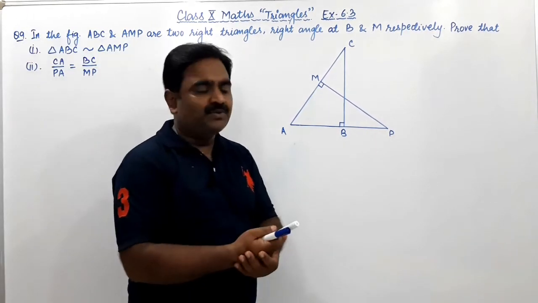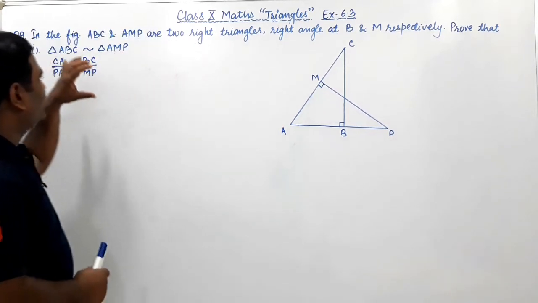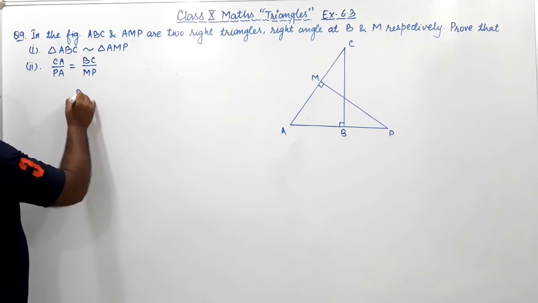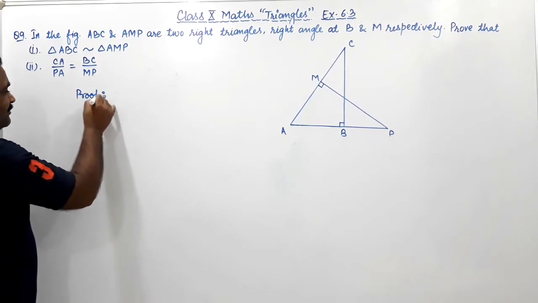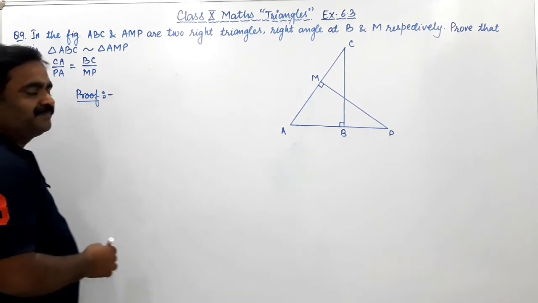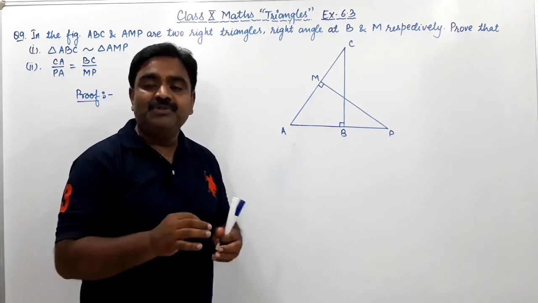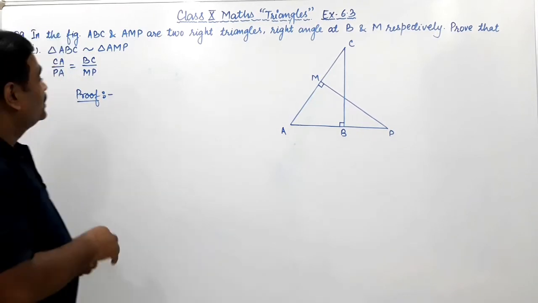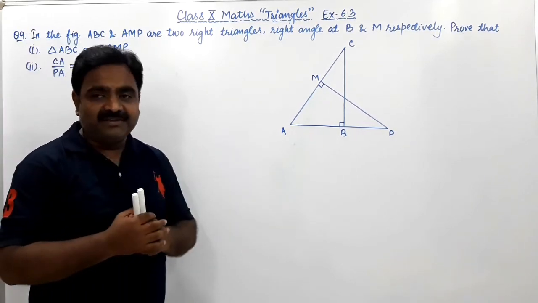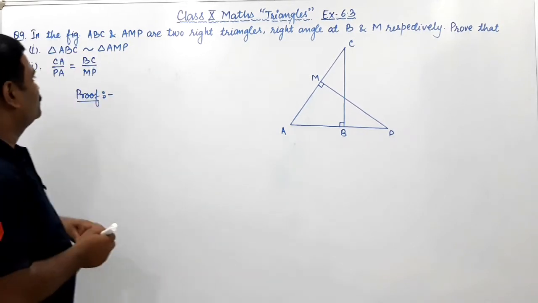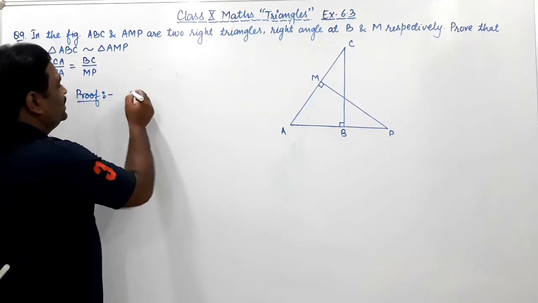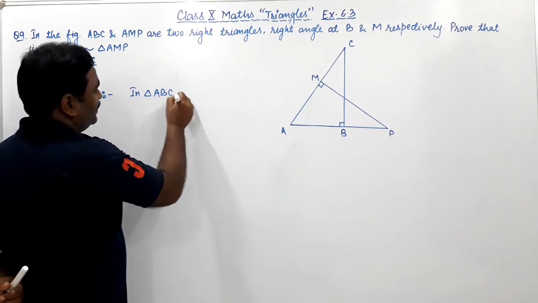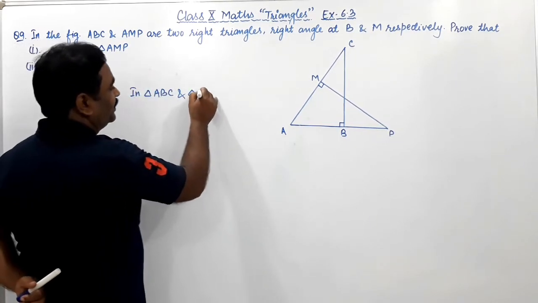Okay friends, so let us prove this thing. There are two things it is asked. So see the proof of this. I am just writing directly the proof, but you do not write. Why? You have to write down all the procedure, meaning write data, to prove, and then afterwards the proof. If it is required, construction, so need to construct. But in this question, no need to construct. So let us compare these two triangles, triangle ABC and triangle AMP.